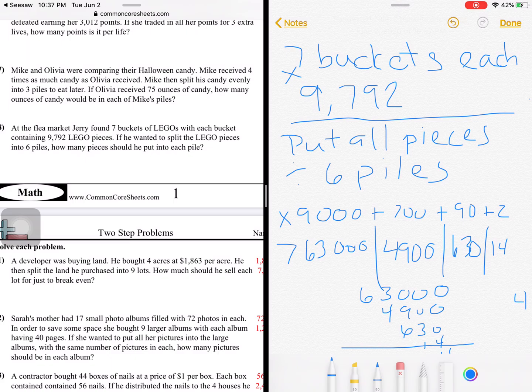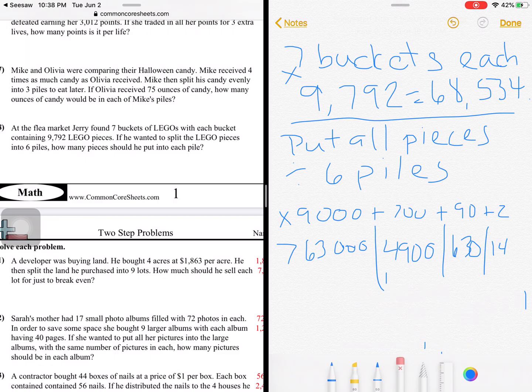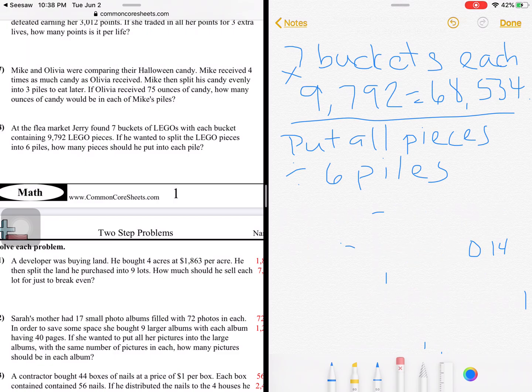4, nothing. 9 plus 6 is 15. Regroup. 7, 8, and 6 plus nothing. So they're going to have 6,000, or I'm sorry, not 6,000, 68,534 Legos total. Now I have to do my second step, which is going to be to take all those